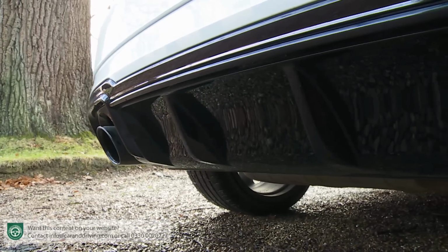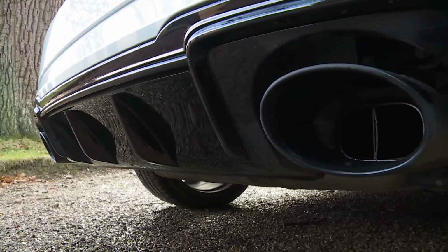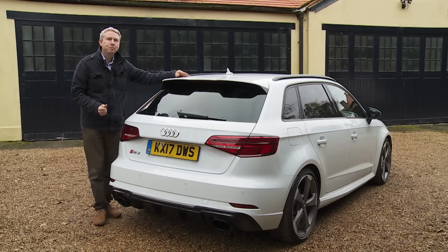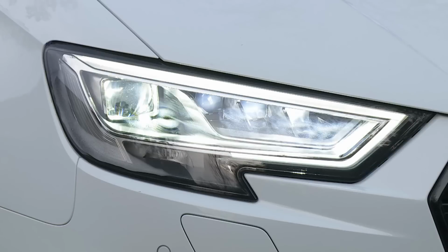Nearly as essential and extra in our view is the Audi RS Sport exhaust system we've been trying here. Come on, why wouldn't you? Another optional feature fitted here that future buyers will probably also quite like to see is the clever RS Matrix